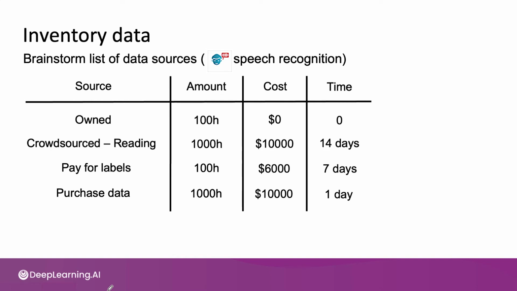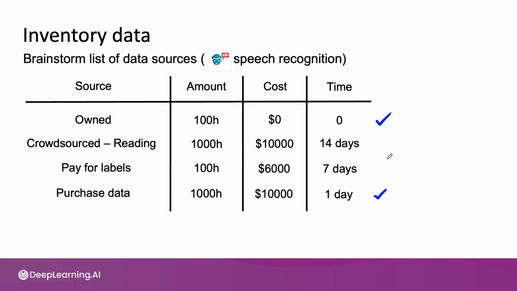But if you can sit down, write out all the different data sources, and think through the trade-offs, including costs and time, then that can help you to make often better decisions about what sources of data to use. And so if you are especially pressed for time, based on this analysis, you may decide to use the data you already own and maybe purchase some data and use that over the middle two options in order to get